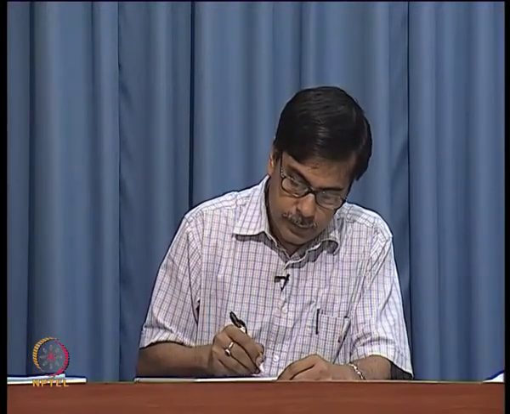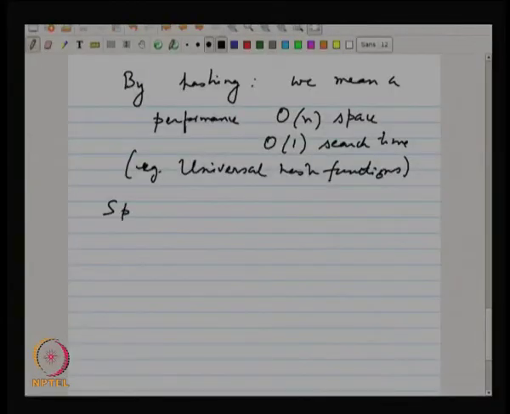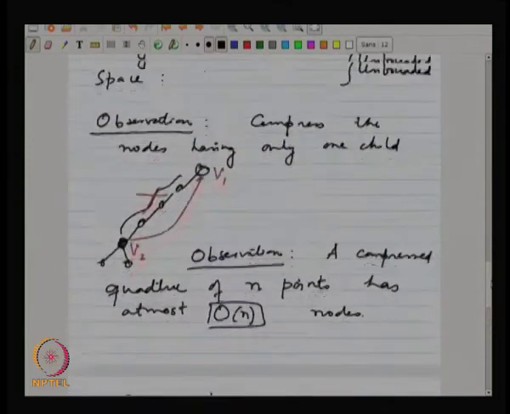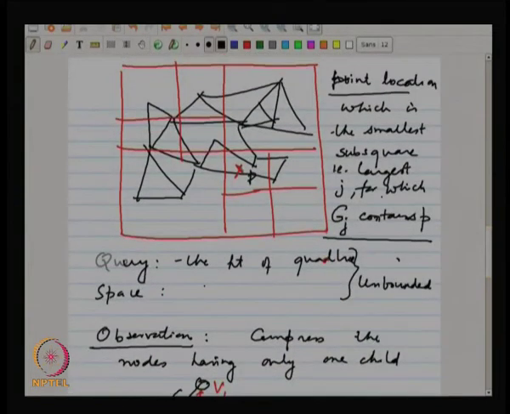So, we can speed up search, speed up point location using binary search on the search path, right. Eventually what we need to find out is which is the smallest square that contains this point, right,